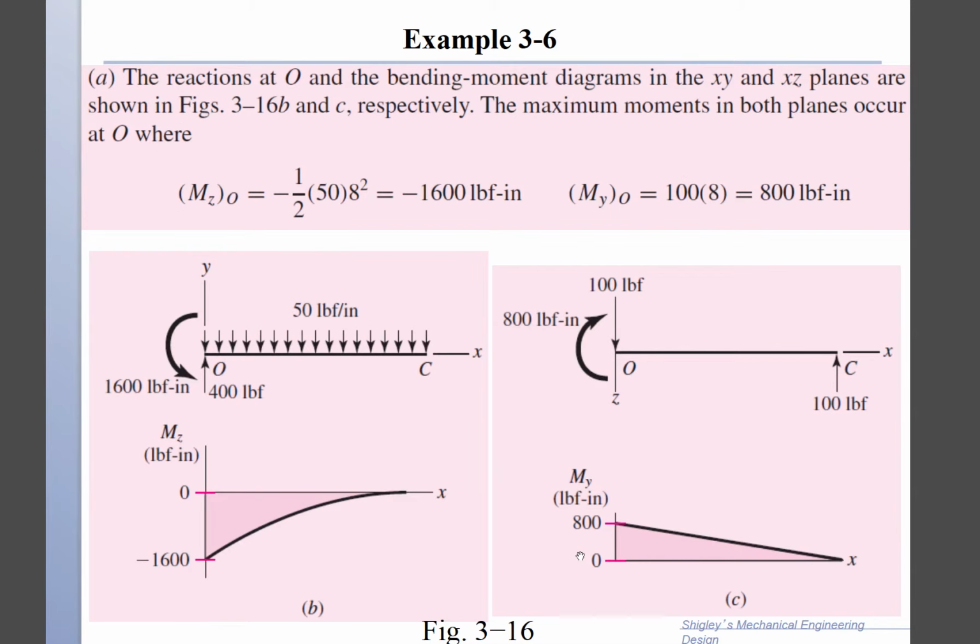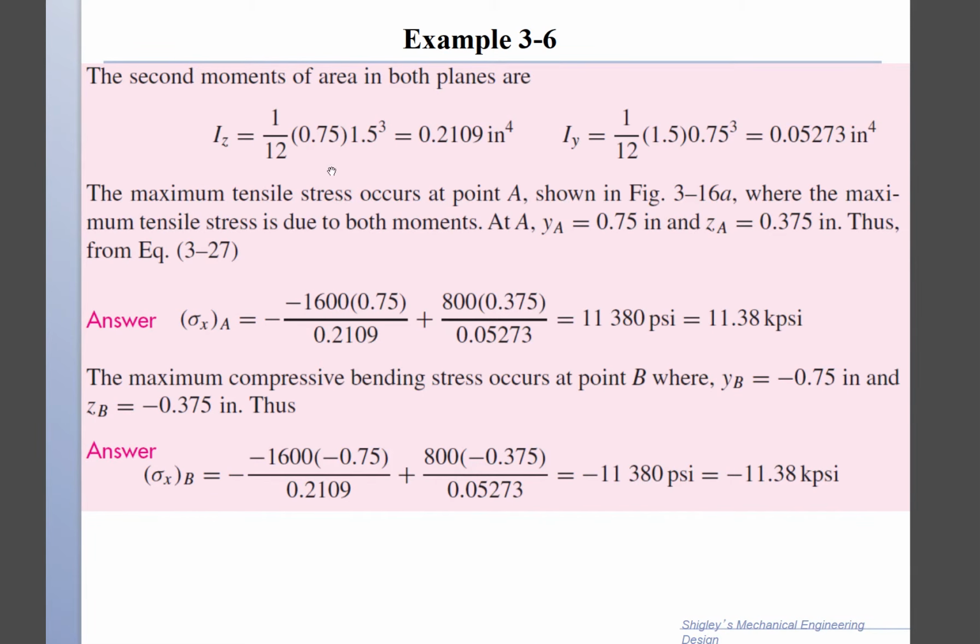So I found Iz and Iy, and therefore I can use the formula minus Mz times y over Iz plus My times z over Iy,